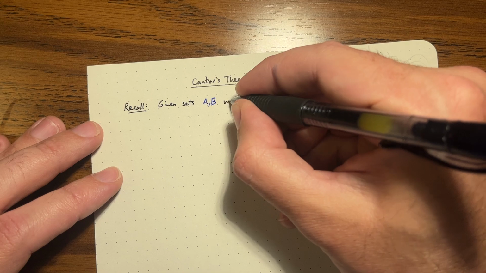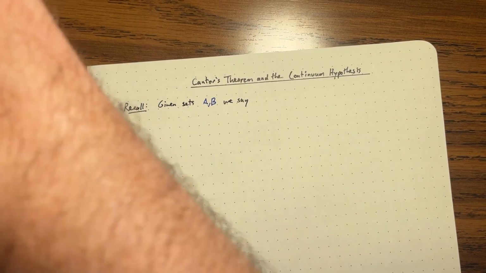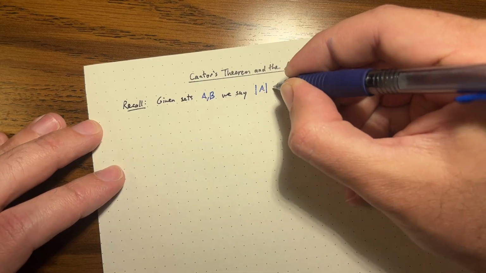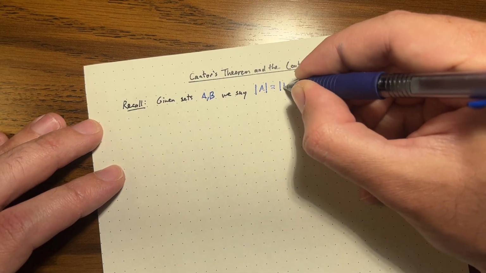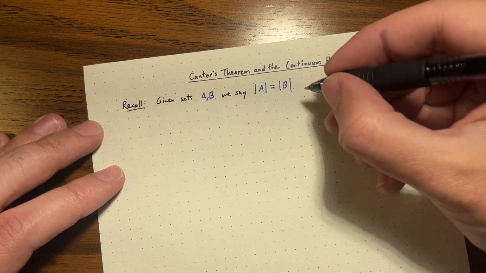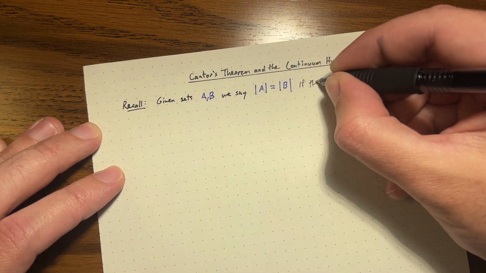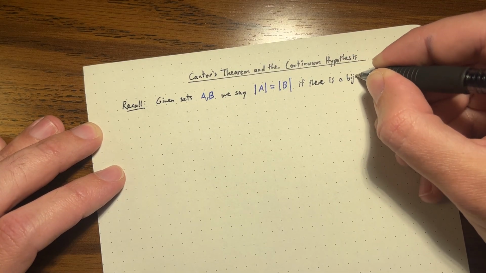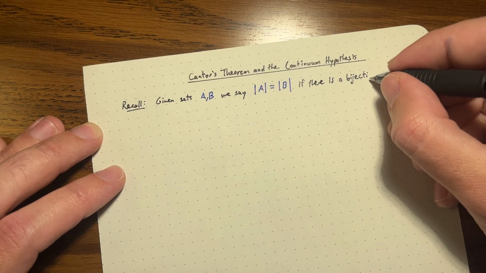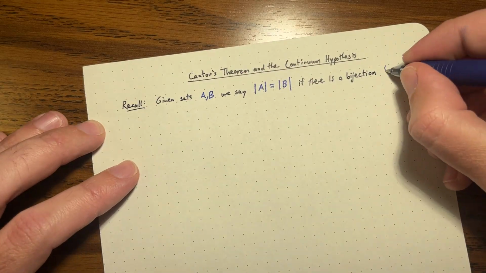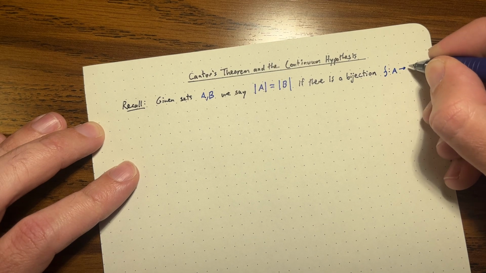we say that A and B have the same cardinality, and this is how we write that: |A| = |B|. This means there exists a bijection. If there is a bijection, it does not mean they have the same number of elements, because that doesn't make sense for infinite sets. If there's a bijection from one to the other, we say they have the same cardinality,